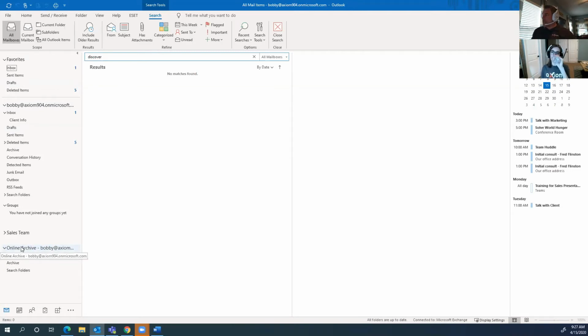What's nice about that is in the old days, the way that it used to do it is it would export it to a file called a PST, and then that mail is only available on that computer where that PST file is. So then if you went to access the mail from home and it archived it, you'd never see it. But this new method, well, it's not really that new, you can access that archived mail from anywhere. And if we have time today, I'll try to show you how you can even access it on your iPad or iOS device or Android device.